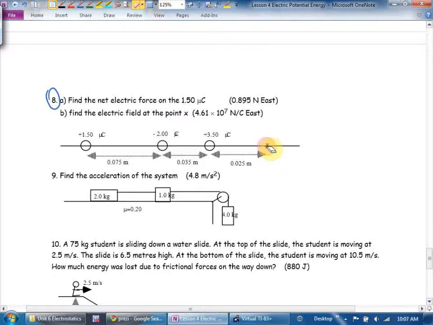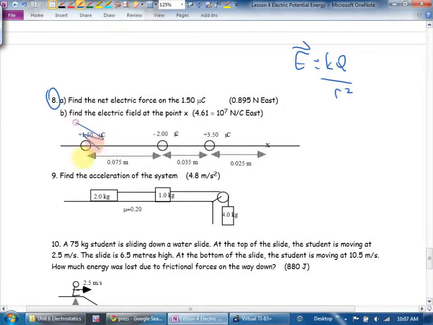They want the electric field at point X. Sally, here's what I'm going to do. I'm going to cover up both of these. Find the electric field with a radius of this distance, with that point there. And what direction? To the right, because the positive would want to move away. Then I'm going to cover up this one and this one. Find the electric field from here with this distance. And I'll be using, for each of those, E equals KQ over R squared. What direction? This one to the left, because it would want to go to the negative charge. Then